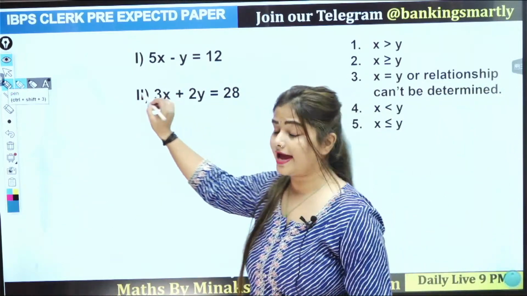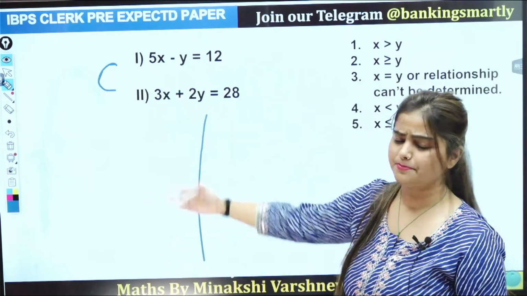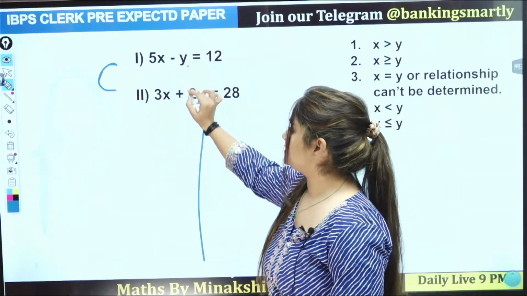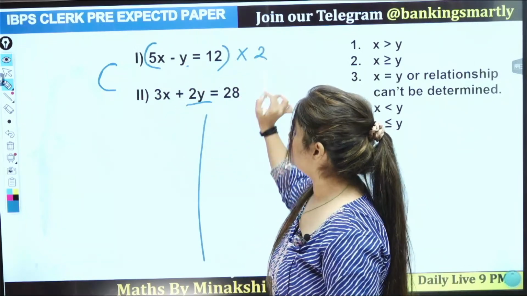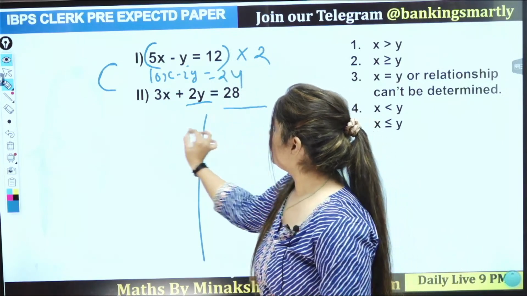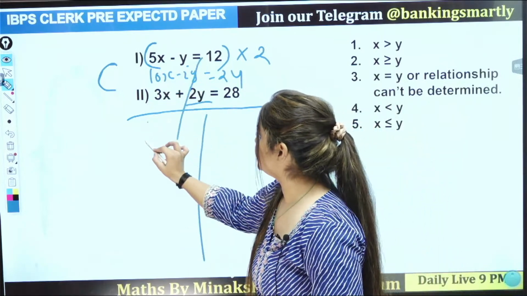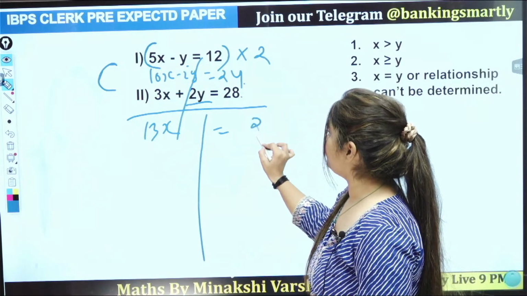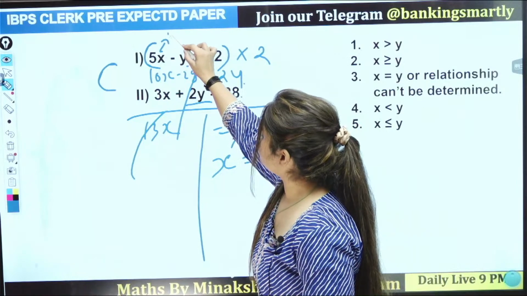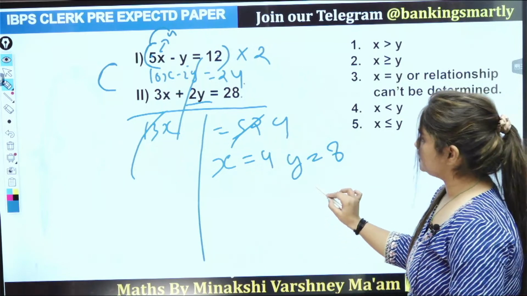What we have here, you can do this with the alpha gamma method. Okay, you have two methods here, and you can do this with the simple method, because you can eliminate the 2y. Why? This is 2y, this is y, so we can multiply this with 2. Then 2 5s are 10x minus 2y, and 12 2s are 24. After this we can add both the equations. This one cancels. 10 plus 3, 13x, and this one is what? 8, 4, 12, 52. 13 4s are 52. If you are taking x equal to 4, 4 5s are 20 minus 12, y is 8. Okay, that means y is greater than x.